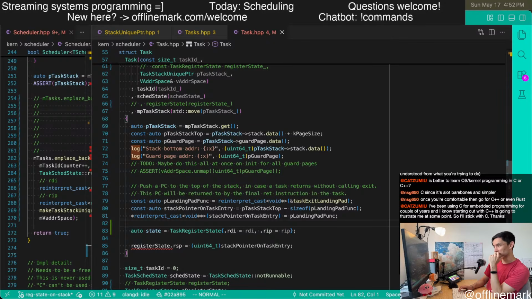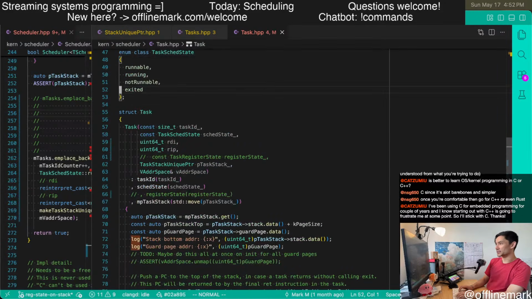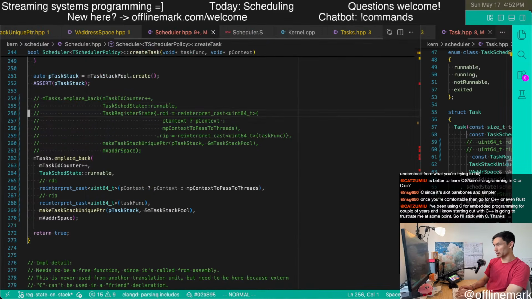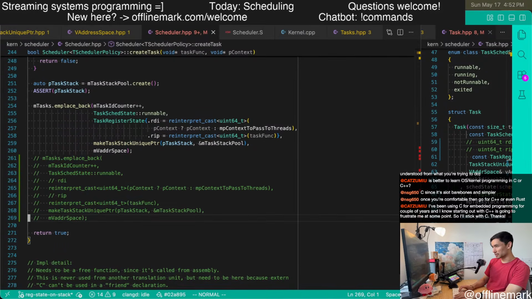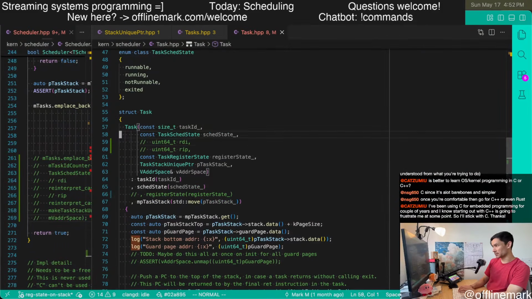I see. So technically, I didn't need to do this. I see. So I could actually, just for the purposes of prototyping, revert this whole thing back. It's a little bit inefficient because we're copying the task struct, but actually, we just have this register state, and then we just need to write it into memory.